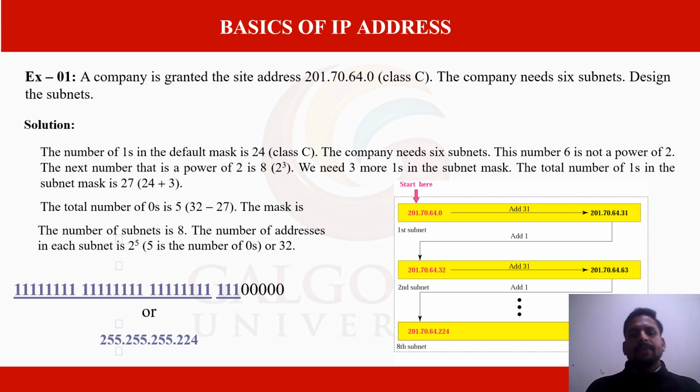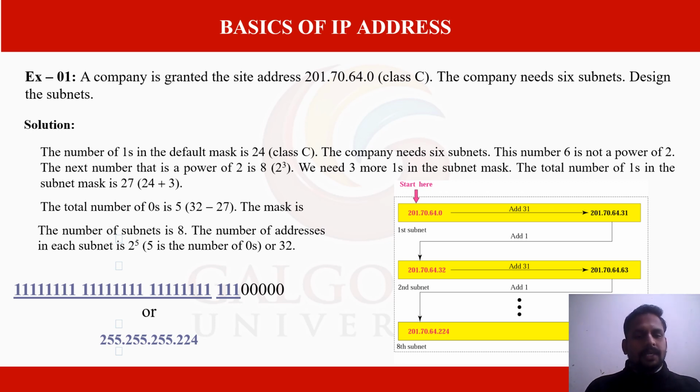Already we are having 24, now it is 3, so 24 plus 3 is 27. So this total of 27 bits is used for the subnet mask for this company. If we are having 27 bits in total, and the IP address has 32 bits, then reducing 27 from 32 we get 5, right? So that 0 to 5 is the address combination. Only this many addresses we can produce with this subnet mask value.